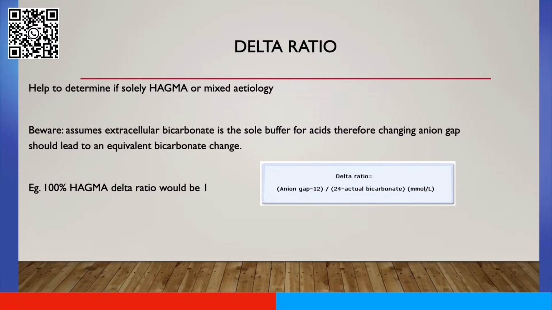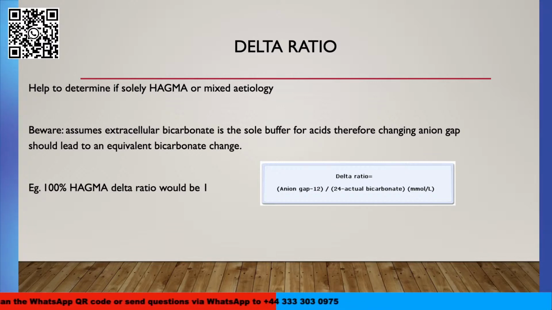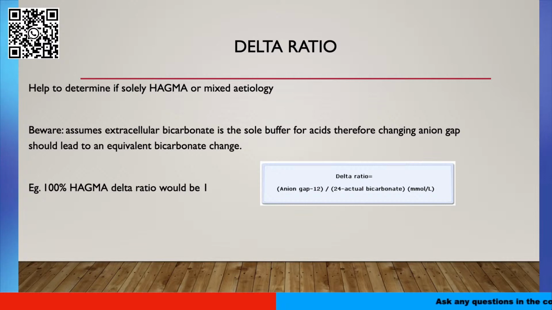There's also a delta ratio which can be used to help determine if you have solely got a high anion gap metabolic acidosis or whether your metabolic acidosis is of a mixed etiology. There is a caveat to using this ratio in that it assumes that your extracellular bicarbonate is the only buffer for acids, and therefore any change in your anion gap should lead to an equivalent bicarbonate change. So the equation is the anion gap minus 12, divided by 24 minus the actual bicarbonate, and so that's the ratio. And I'll show you on the next slide